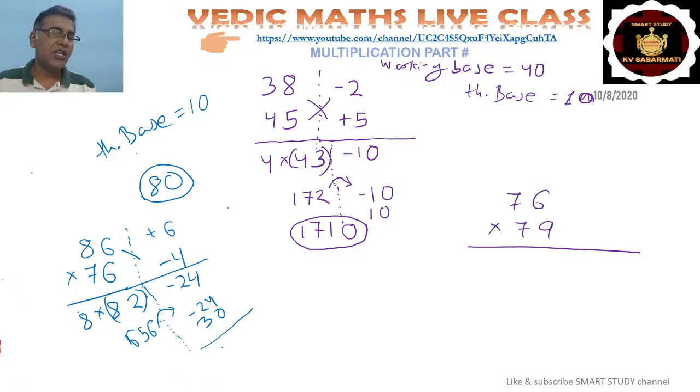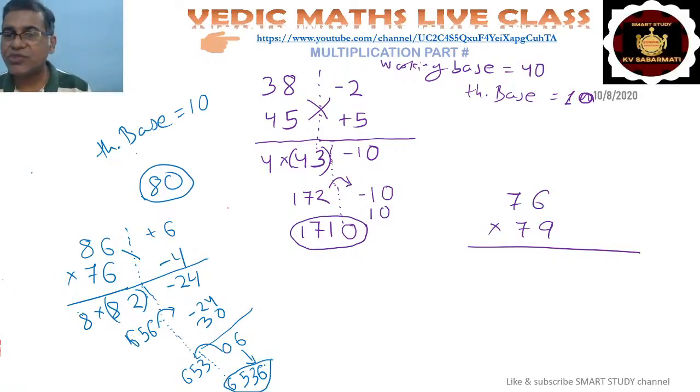So here the number will become 06. 30 minus 24, so 06, and this side what is left is 653. Since we are following the rules, only one digit will come, 6, and 0 will go to that side, but 0 plus 3 is 3 only, so our answer is 6536. So this is our answer, 6536.